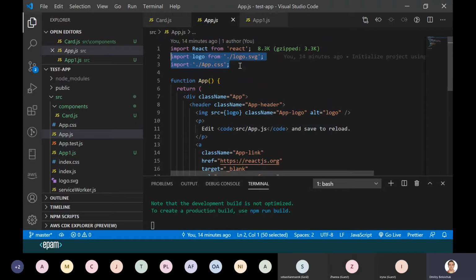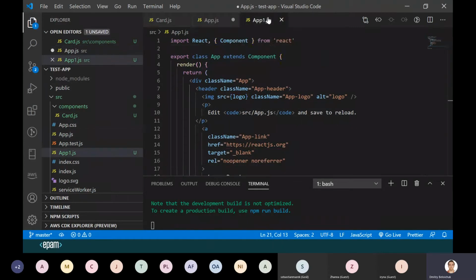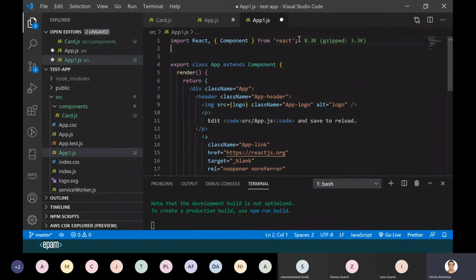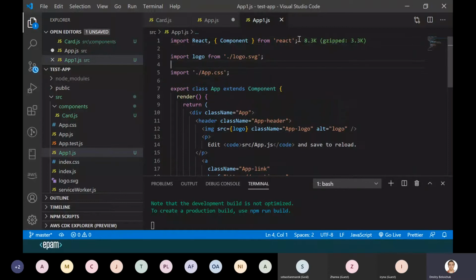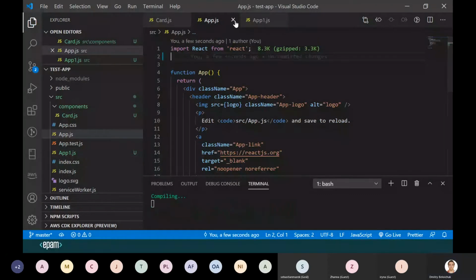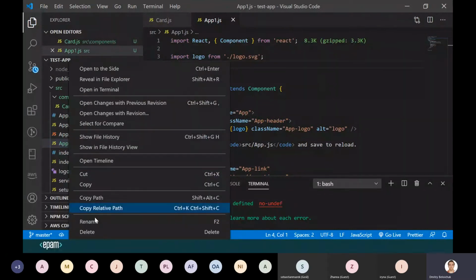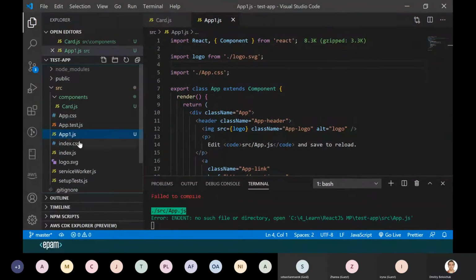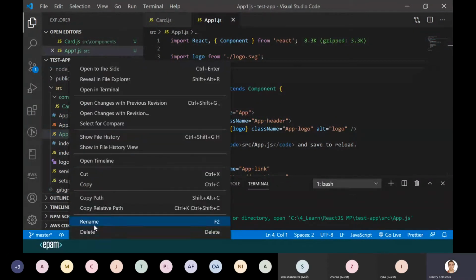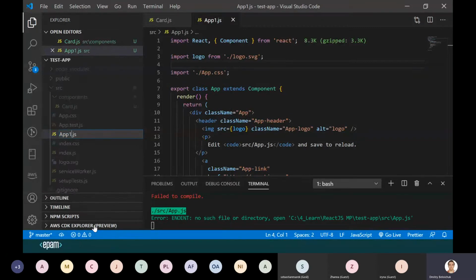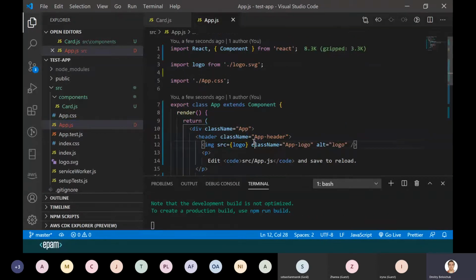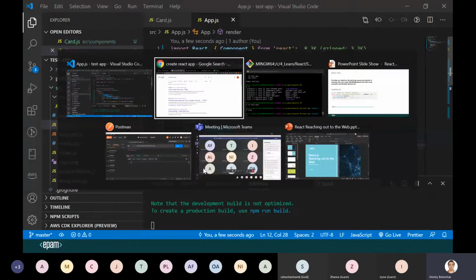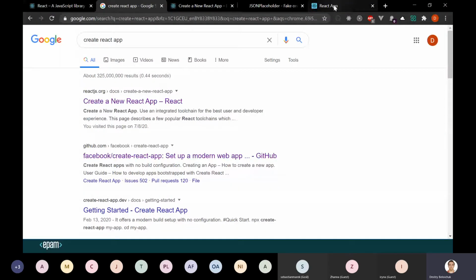And now I will cut the require statements with the styles and logos, and then kill the previous one, rename the new one, and now we'll probably have the same React application, but with